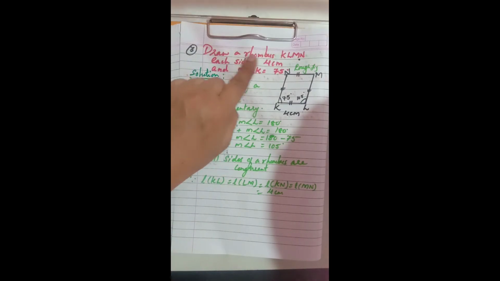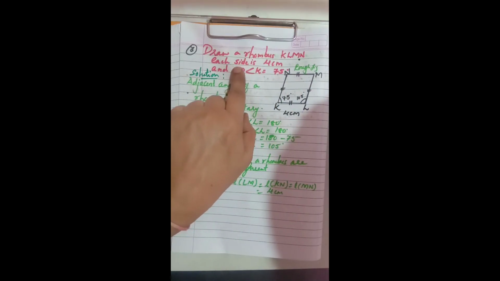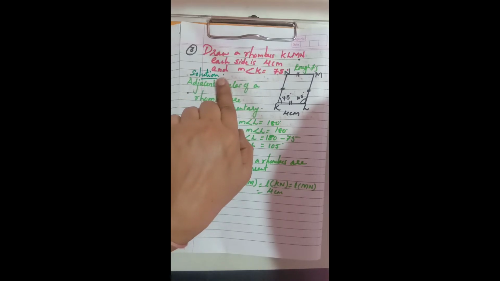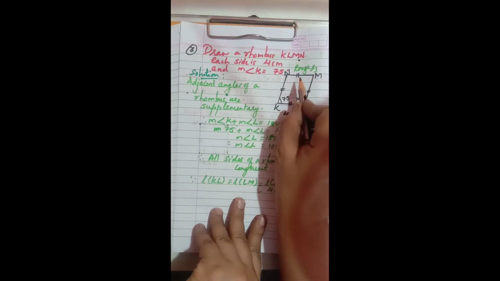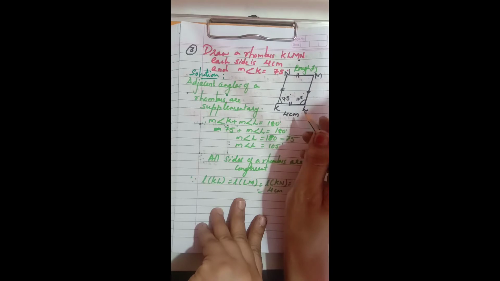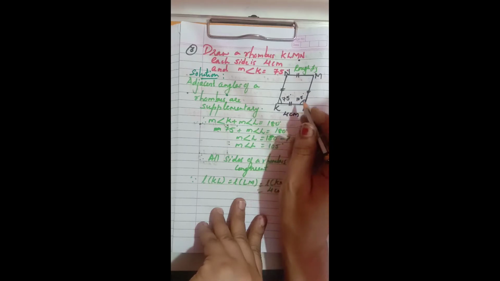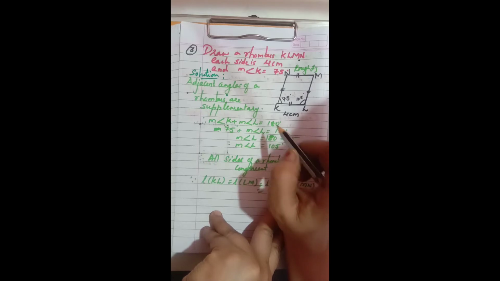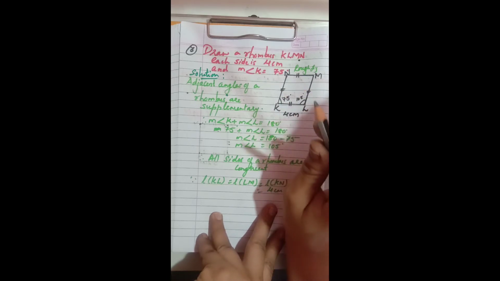that is the third. Draw a rhombus, rough figure we have already drawn. Each side is 4 centimeter and measure of angle K is equal to 75 degree. Draw a rhombus KLMN. So we have drawn the rough KLMN. KL is 4 centimeter. Angle K is 75 degree. And now all sides will be 4 centimeter and angle K is 75 degree. One more important point for a rhombus is here.